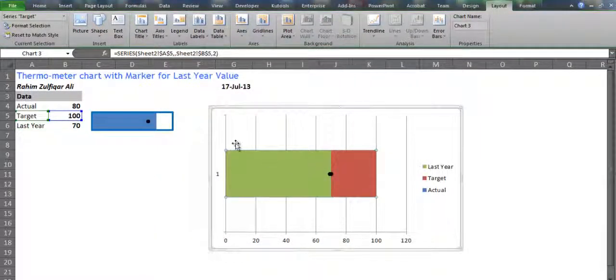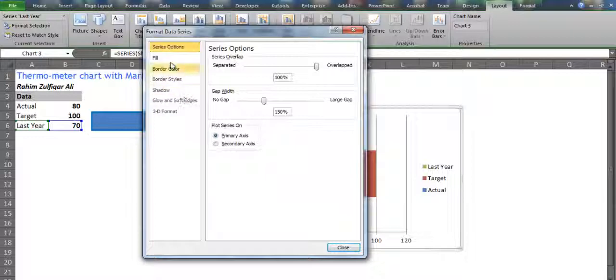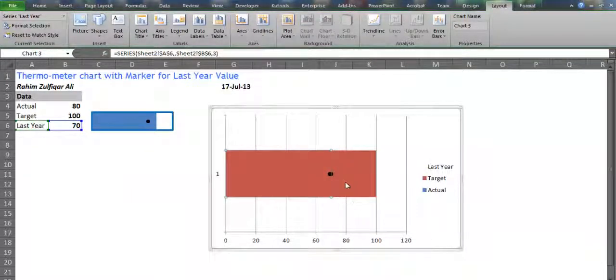Now you see we have got almost this picture in this graph, and now make the last year color no fill. We have already learned how to set colors to no fill. Right click on it, go to format data series, and in fill click on no fill and then press close.